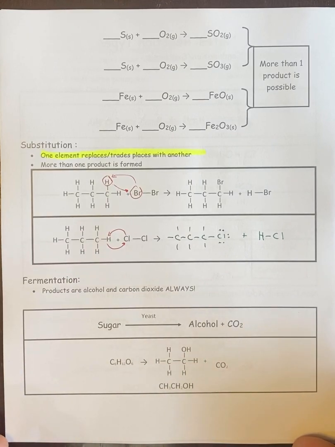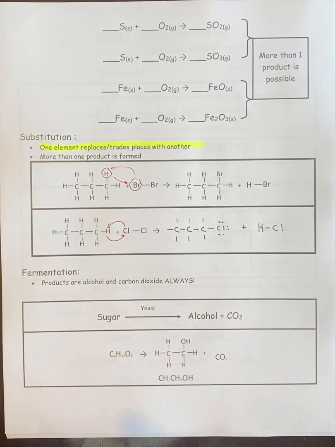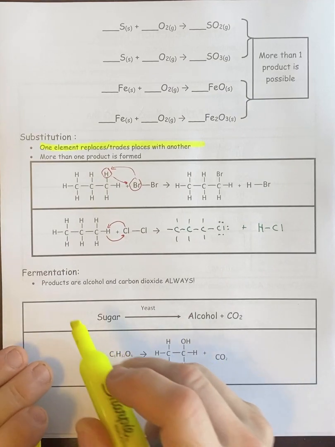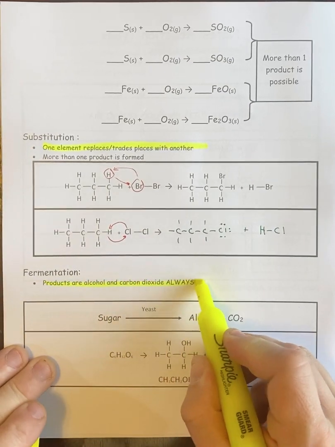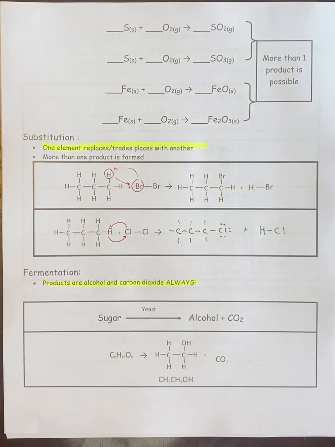And for the last one, fermentation, we're not going to really draw these out. Fermentation is kind of a memorization one. So fermentation is making alcohol, and your products are always going to be carbon dioxide and alcohol. That's really it. So the alcohol could be anything. The most common, this doesn't have to be this way, but the most common alcohol that we make is ethanol, which is this one. Eth meaning 2 carbons in a row, and then the OL tells me it's an alcohol,